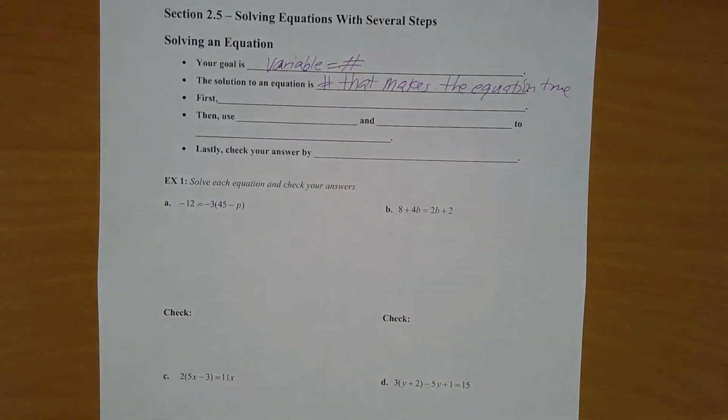Okay, and in the past couple sections we talked about our two tools that we have. We have the addition property of equality, which says that you can add or subtract the same thing from both sides of the equation. We have the multiplication property of equality that says that you can multiply or divide the same thing on both sides of the equation. But these ones that we're going to have today, you're going to probably use both of those properties to actually